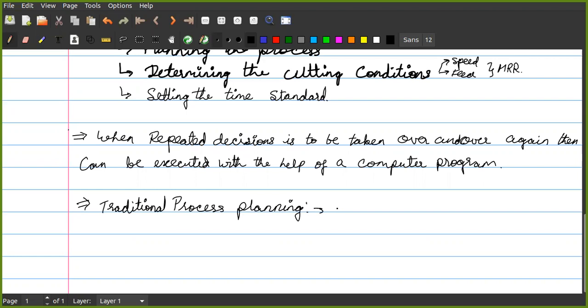So a design engineer will provide a design. That design is to be analyzed by a manufacturing engineer. He will tell us which processes need to be performed on the raw material to convert it into a finished product. So this sequence of operations is written.